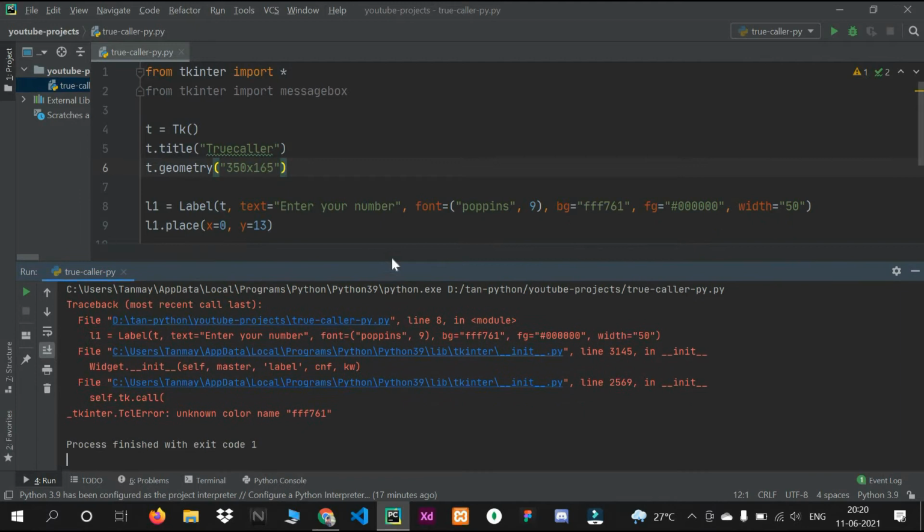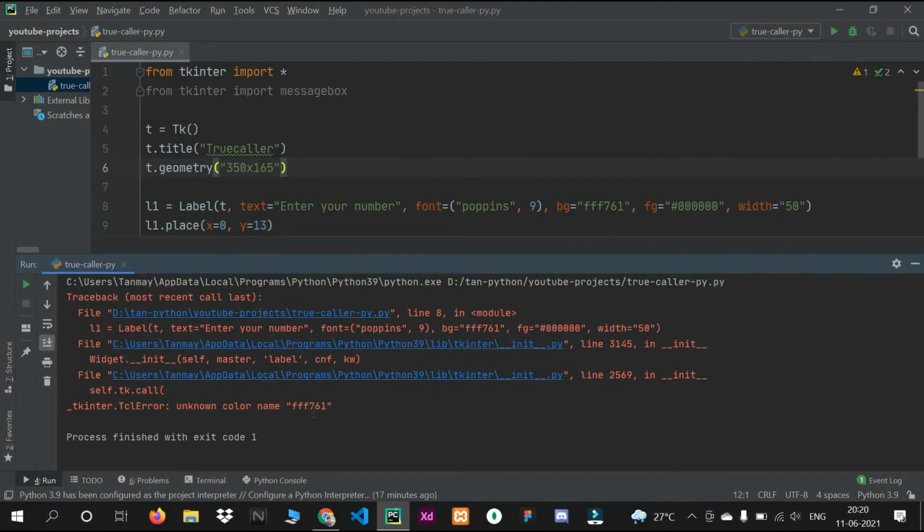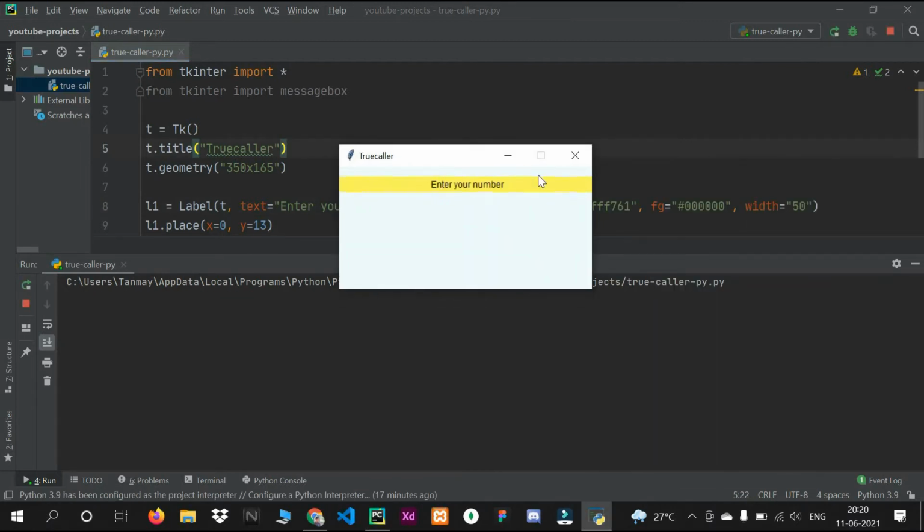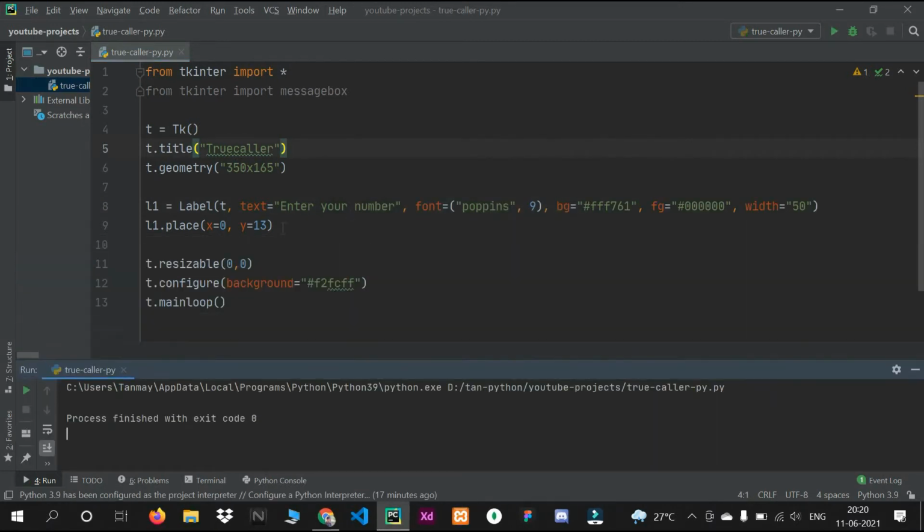Okay, color name, sorry, hashtag. So you can see this is our label. Enter your number. This one was our label.